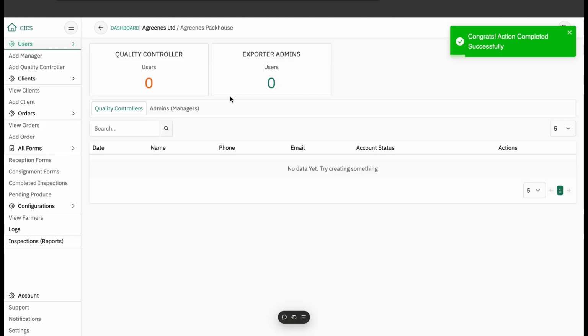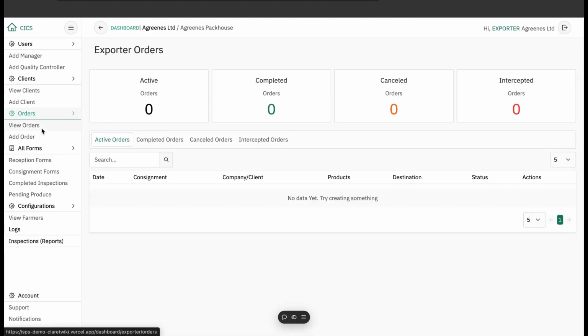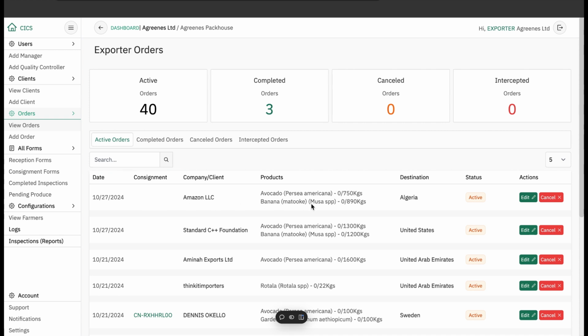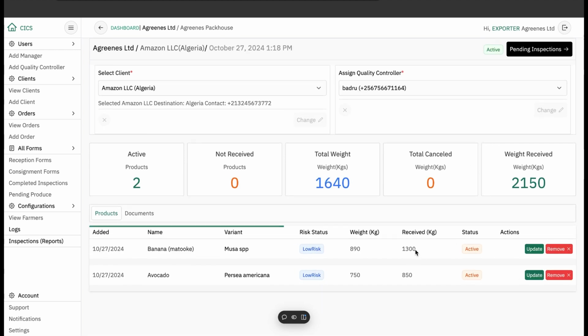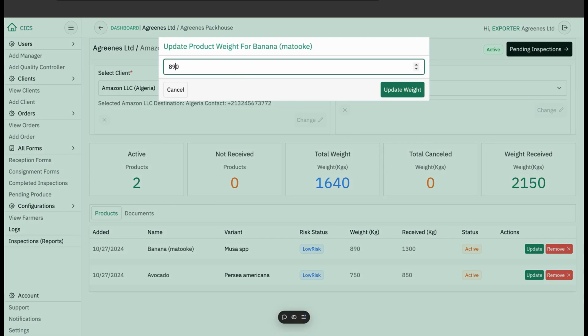I'm logging in again, and we shall go to view orders, and this is where this first order is coming in. So we shall click on edit orders, and as you can see, it is clearly telling us that what has been received is 1,300, and the weight that was requested is 890. We cannot submit a packing list. So the exporter will then update this to what was received, or more, something like that,